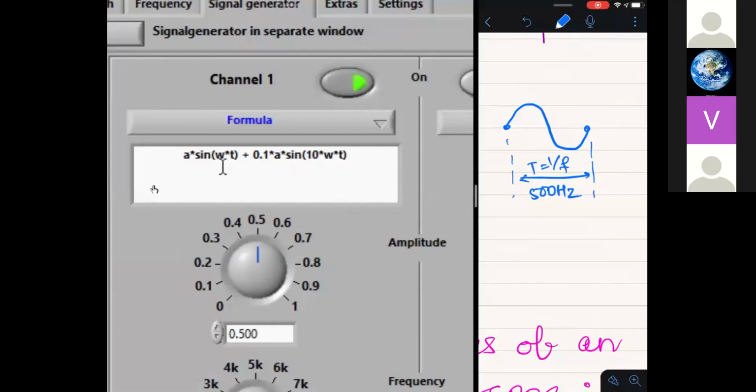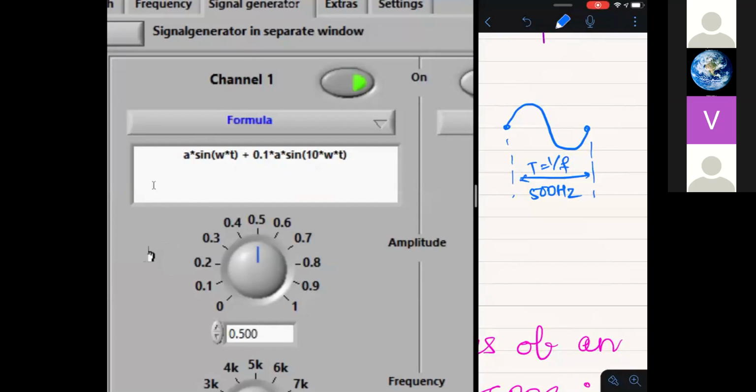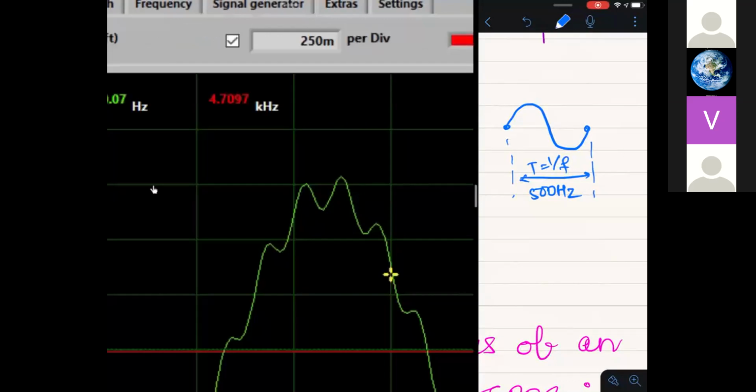So we should see one main sine component, and on top of that a noise, the frequency of which will be 10 times higher than the actual frequency. After this is turned on, the sound might have changed a little bit. Now turn this off.